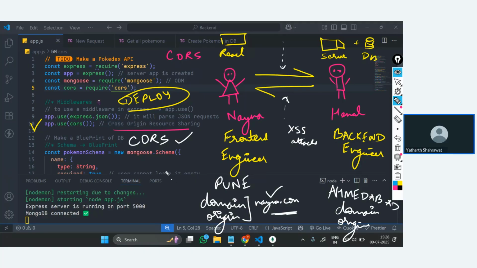Others will be blocked. Let's say Shruti is also a React developer, Anjali is a React developer, Arif is a React developer. They will not be able to see Hemal's response because cors has blocked it. Only nena.com will be able to see. Similarly, if Nena is requesting something from Hemal, Nena will be requesting to just give me a